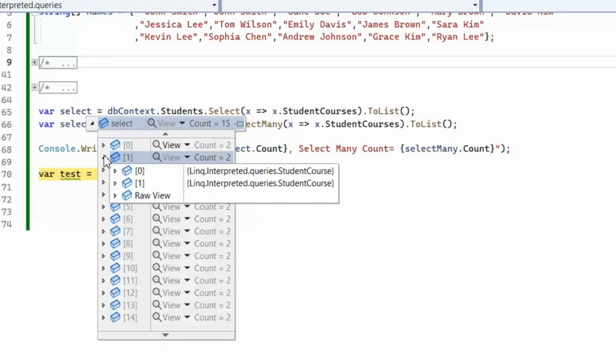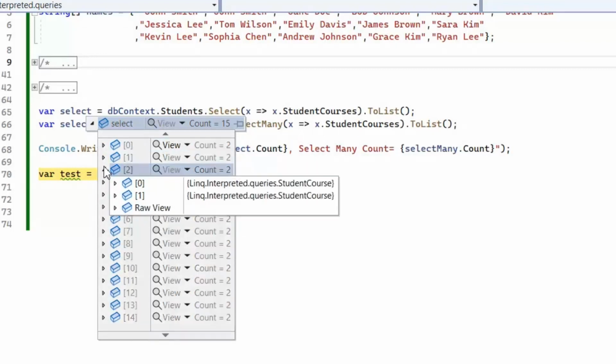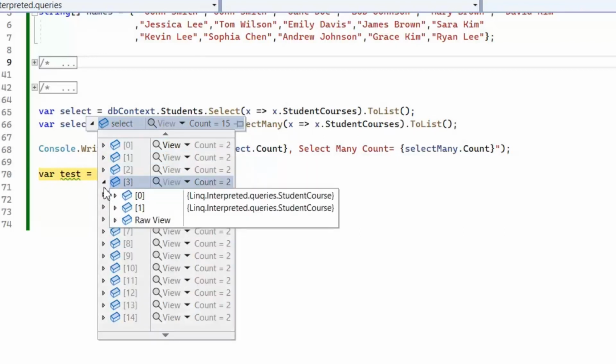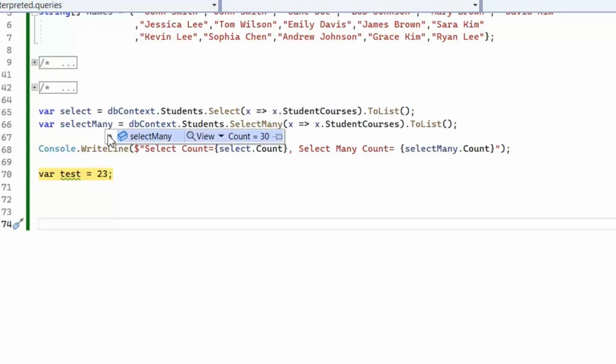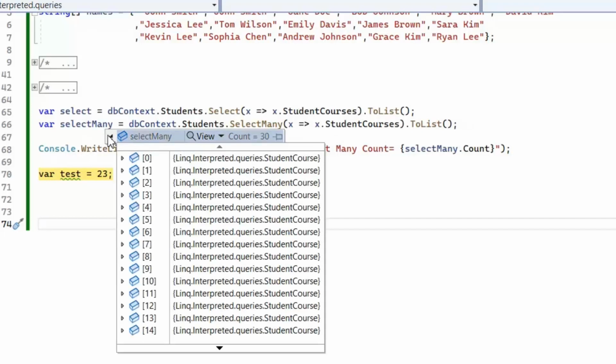Now if we hover on both these queries, then we see the data structure. Select is actually holding the list of students and then in students it has a nested student course list. Now if we see select many, then you can see the data structure and it's just holding the nested list as the main list. So this was the use case of select many. Hope you understand the difference between select and select many